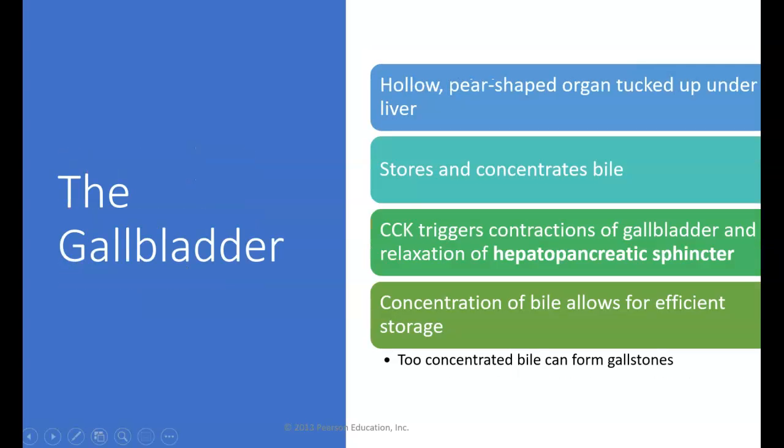Moving on to the gallbladder. The gallbladder is a hollow, pear-shaped organ tucked up under the liver. Its job is to store and concentrate bile. CCK, that hormone, is going to trigger the contraction of the gallbladder and relaxation of the hepatopancreatic sphincter to allow bile to enter into the small intestine. The concentration of bile allows for efficient storage. So when you eat fatty foods, there is bile readily available to help emulsify